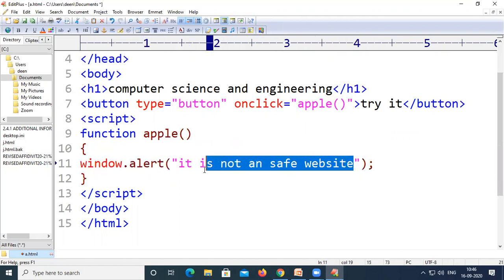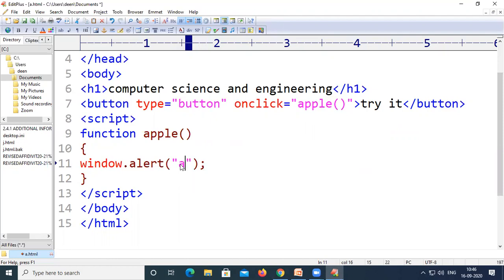Right here I can keep, are you sure you want to open the page, are you sure you want to see the data. So this was the message I want to be displayed on the alert box.